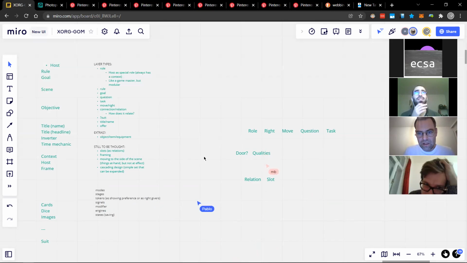I'm making here in the middle a bit like a plug-in number 1. If you look at relation and slot, they're very abstract terms, so they pack a lot of degrees of freedom, whereas doors and qualities are a little more concrete in what they propose.